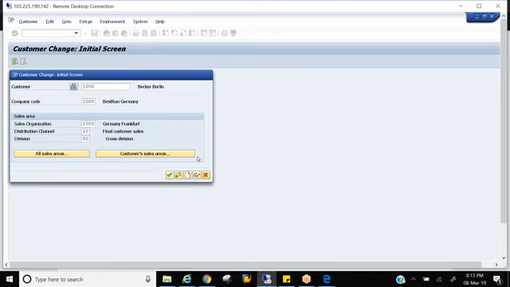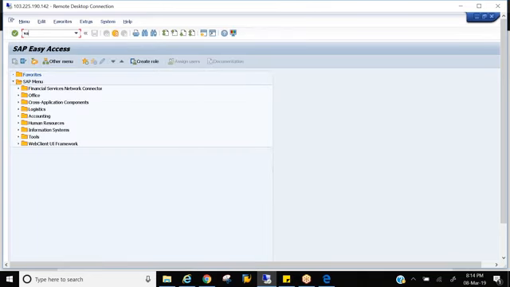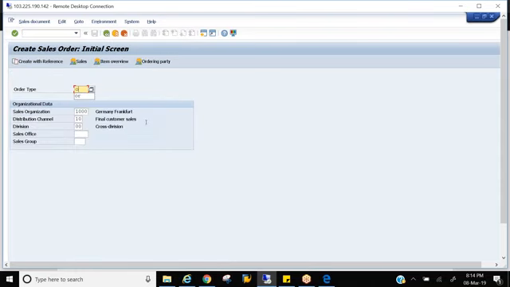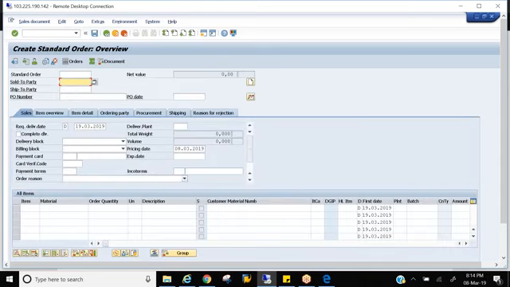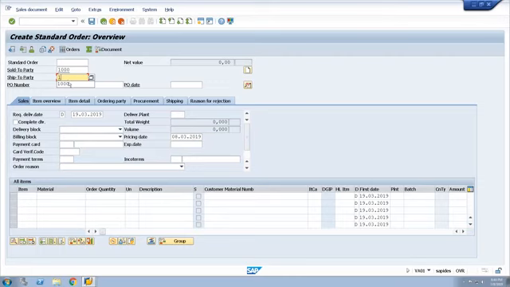So now if I go and create a sales order, in interviews they may also ask this question: how do you call the item proposal into the sales order? Once you enter the sold-to party and ship-to party, usually we enter all the materials here with the serial numbers and the quantities, but I'm not entering anything here. So how do we call up an item proposal into the sales document? This is the key. You see, Propose Items, this is the icon which we click to call it up.